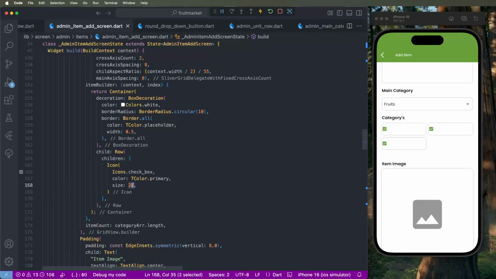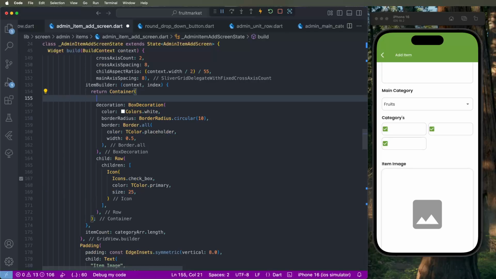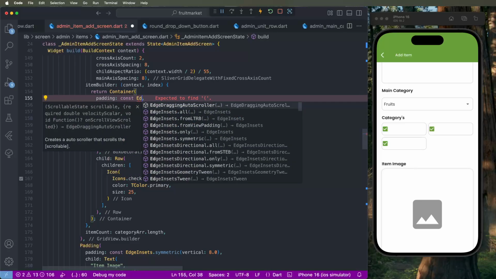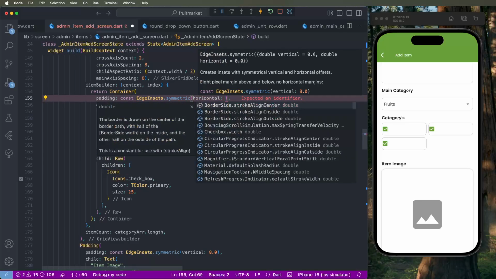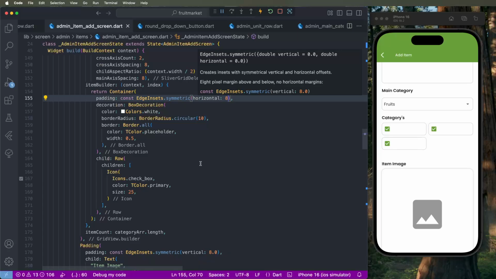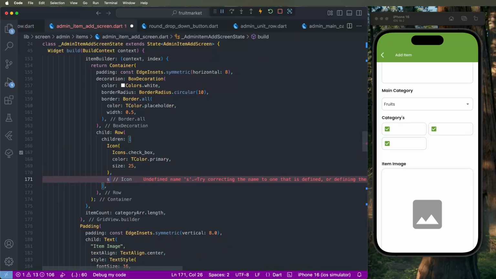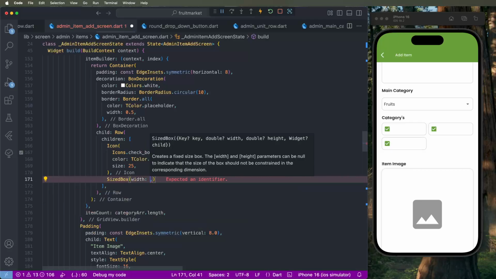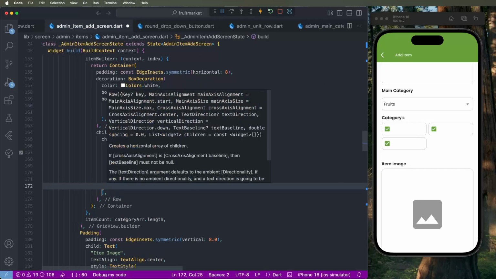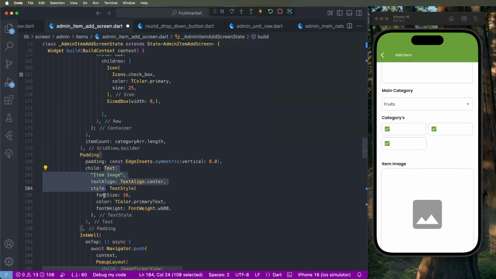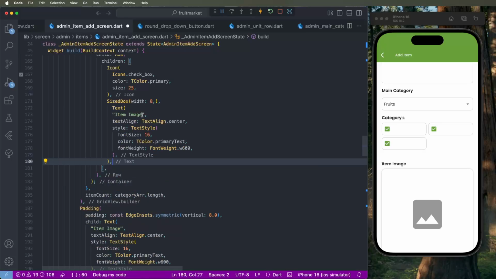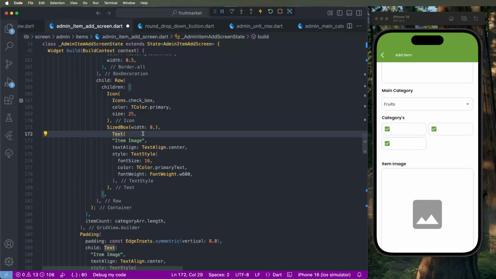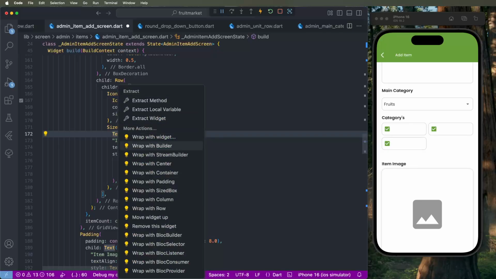data, maybe increase this here, so need to set this here the 30, maybe 25 is good. Now need to set here the padding, const, edges inset, symmetric horizontals need to set this here the 8 and show like this here. Set here the sized box, give this here the width, set here the 8. Now we need to set here the text, we need to showing here for this UI, and we need to write down here the expanded, ref widgets, expanded,